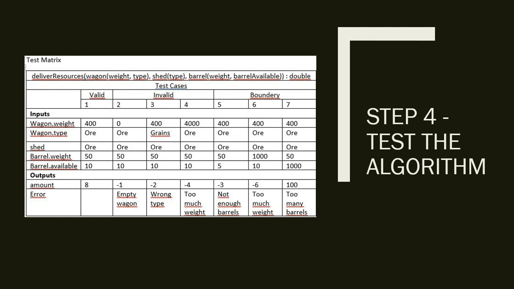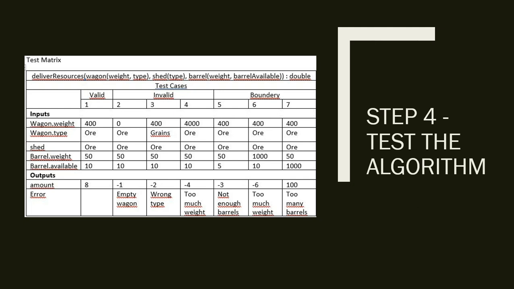All right, so following the outline solution, we'll go to step 4, which is to test the algorithm. Now, in the test matrix, we have a series of inputs and the resources, which were also created. In the algorithm, we have a series of steps and instructions given for these resources. In this case, we have the input where we have wagon weight and wagon type. For example, if the input is